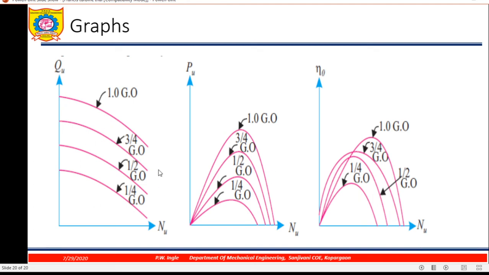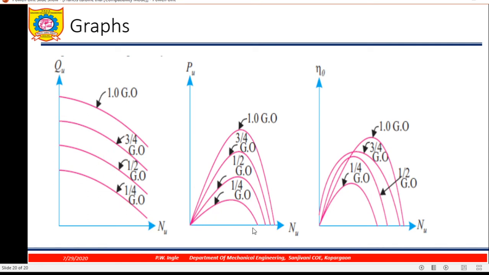I already explained to you, these are the falling curves. Why falling curves? Since the rotor of the Francis turbine rotates, as speed increases some water will try to flow in an outward direction because of the rotation of the Francis turbine. This rotor will resist the flow of incoming discharge. That's why there will be falling curves for discharge.